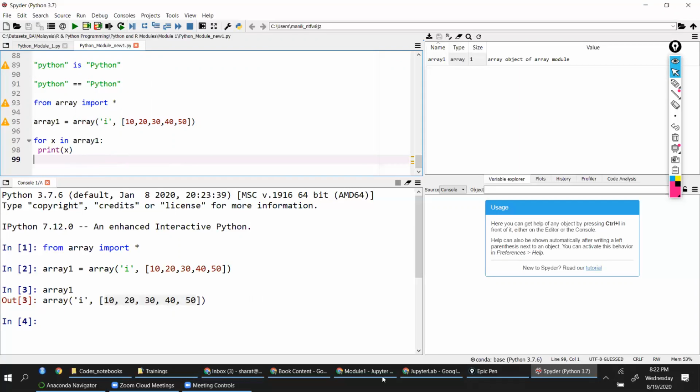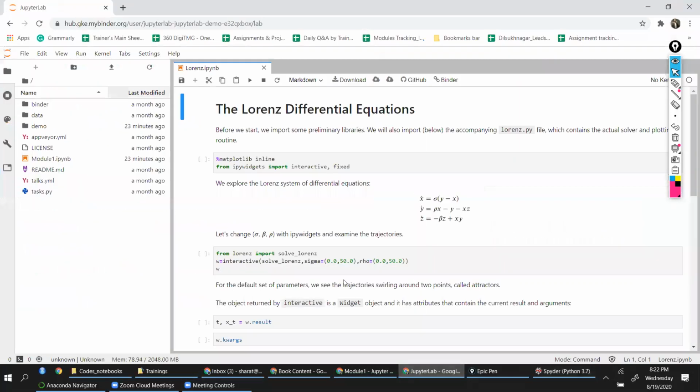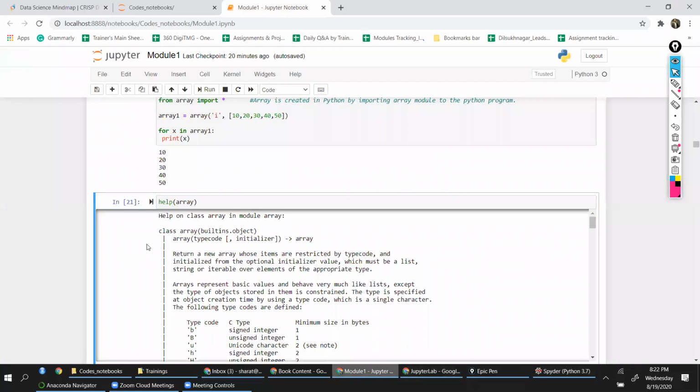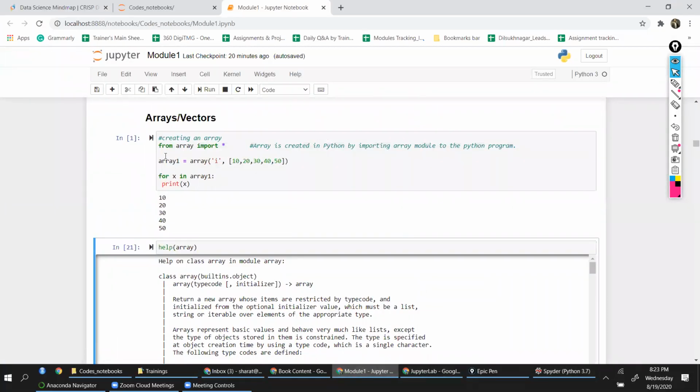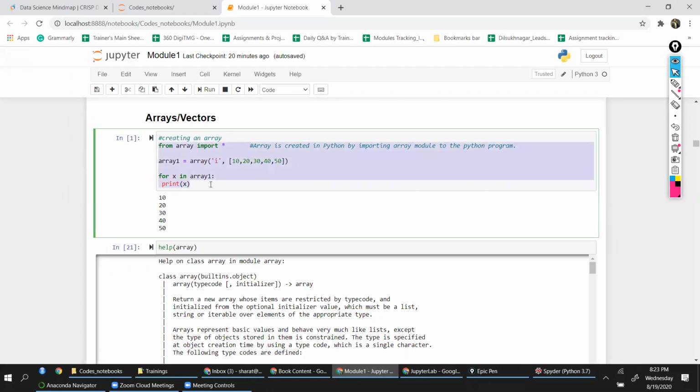In Jupyter, we don't have this problem. This is the online Jupyter Lab that I've created for you. In Jupyter notebooks, when you're writing a loop or a function which has multiple lines of code, all that code is written in this one cell.